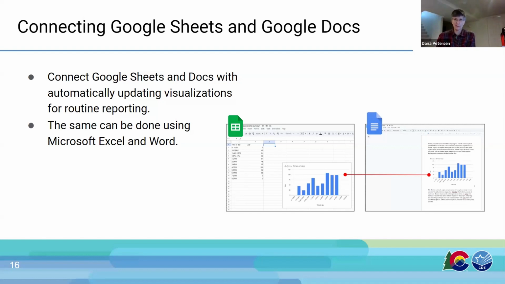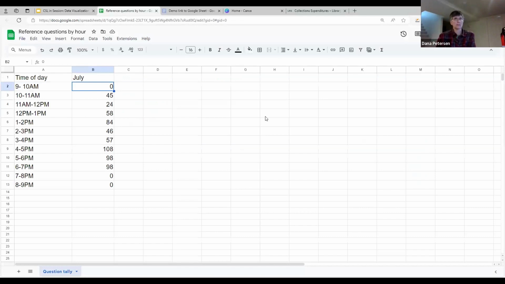I suspect some of you in this session have those, and recreating them every year can be tedious. So what if you had a template, and those charts could update along with the text content you are including? So we're going to jump back into a much simpler data set.